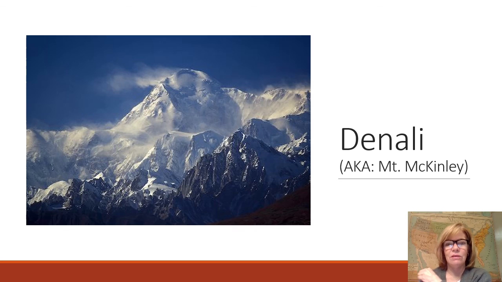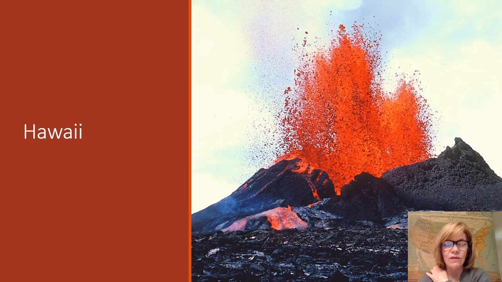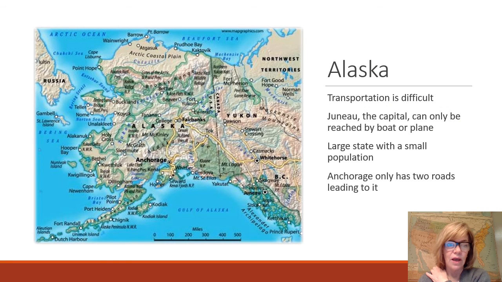It was called Mount McKinley after President McKinley. All right, and then this is the Mojave Desert. This is that very dry desert between Los Angeles and Las Vegas. And then Hawaii, of course, active volcanoes still take place there, or they're there still. Right? And then this is